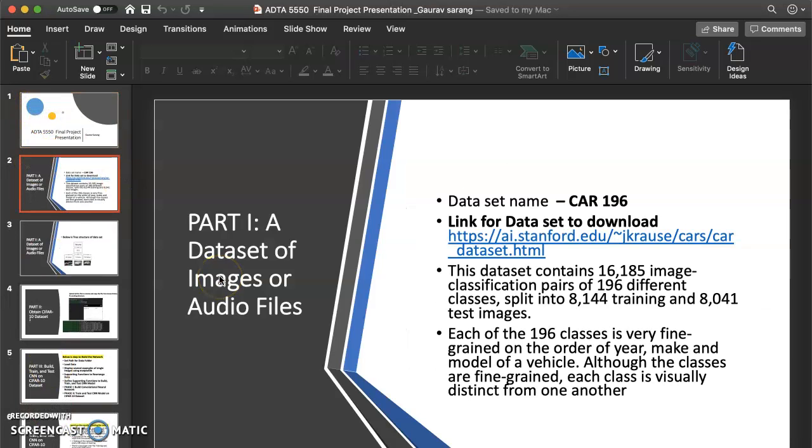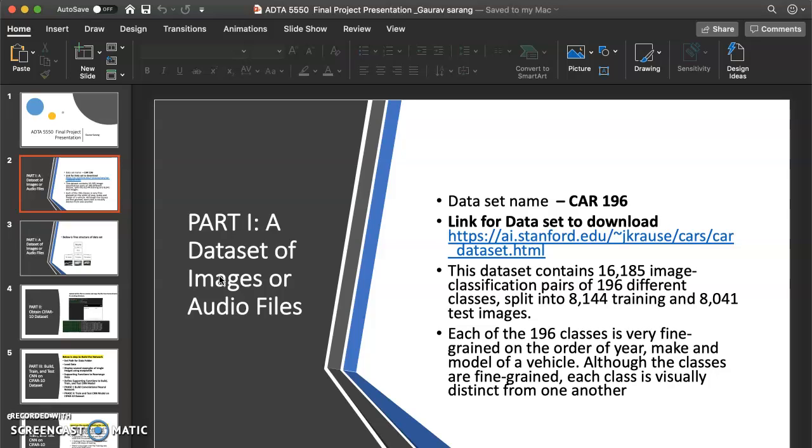The very first, we have to take the data set of images or audio files. For this, I have used the Cars 196 data set. It's a Stanford University data set I got from there.